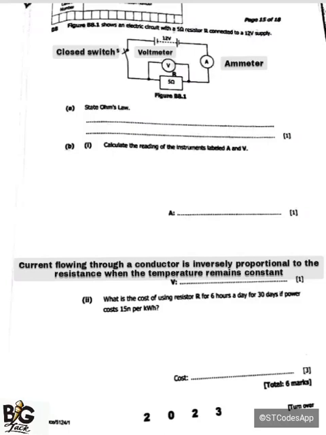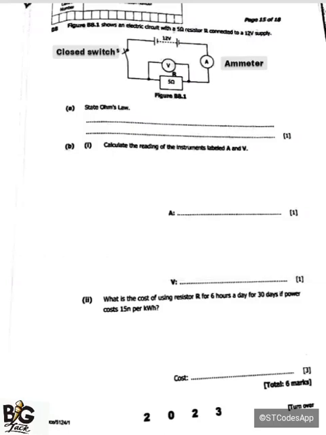Okay, so as for question B, which is the next question, Roman number 1 is saying calculate the reading of the instruments labeled A and V. As for instrument A, it is the ammeter. And the ammeter usually measures the electric current. Electric current is denoted by capital letter I. So now in this question, on the circuit diagram, we have two things which we are going to use, which can help us to calculate the electric current. Since we know that electric current is equal to voltage divided by resistance,